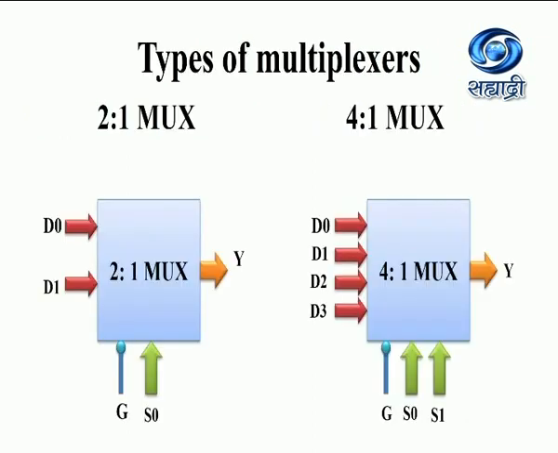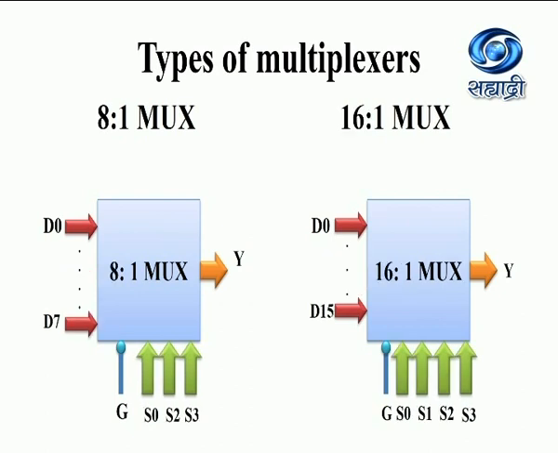Types of multiplexer. So this is the diagram of 2:1 MUX where S0, that is one select line, and 2 data lines are connected. In 4:1, 4 data lines where 2 select lines are connected. In 8:1 MUX, if you apply D0 to D7, that is 8 data lines are applied to the 8:1 MUX, and here 3 select lines are required for this 8:1 MUX. In 16:1 MUX, we have D0 to D15 data lines and we have S0 to S3, 4 select lines are required for this type of MUX.